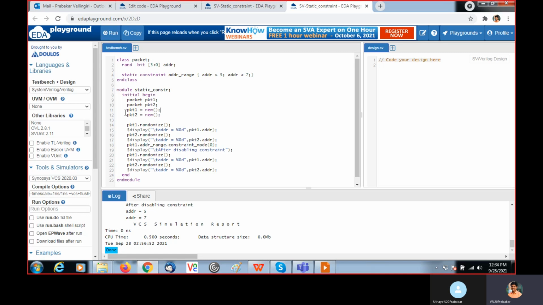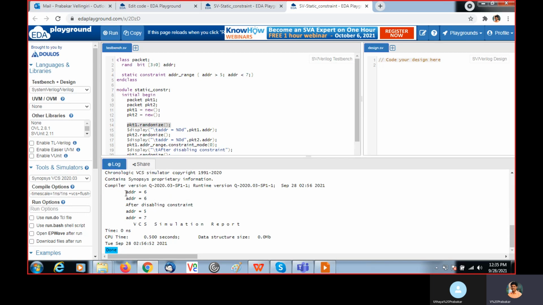Let's see here. I create memory for pkt1 and pkt2. Here I am doing pkt1.randomize, so automatically this address will get some randomized value between 5 and 7. So we are getting 6.